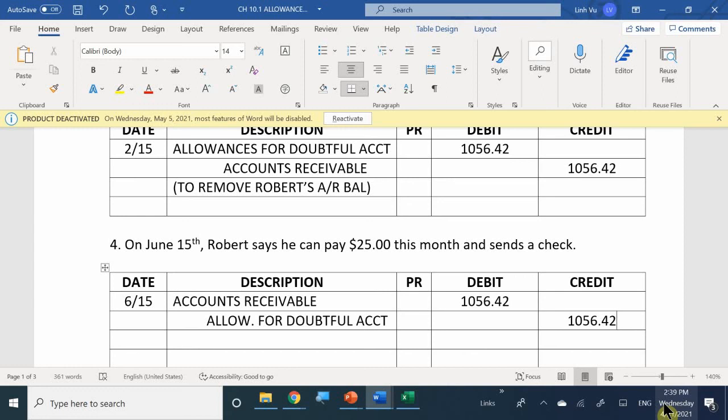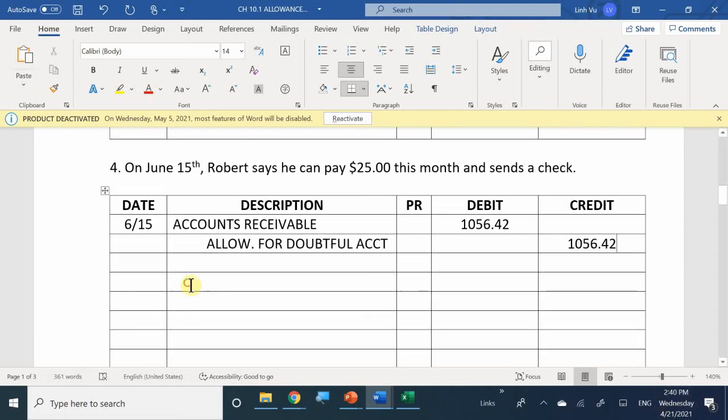So in order to reactivate his account, we have to do it for the whole amount, regardless of whether we know if he is going to pay us next month or not. So there you go. And then checking and accounts receivable. Checking and then accounts receivable, correct. So then we're going to recognize that he made a payment. So checking and accounts receivable. Once again, that is for the $25. And then we're going to recognize received